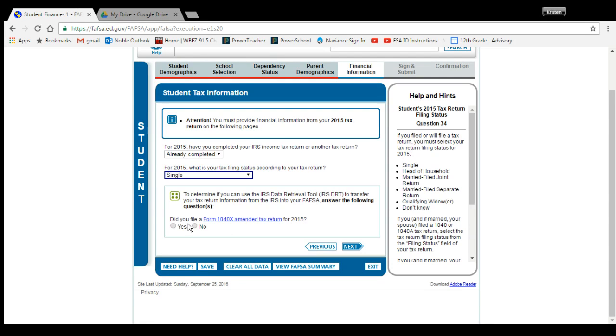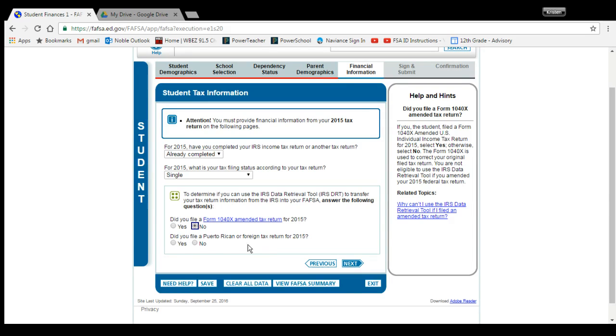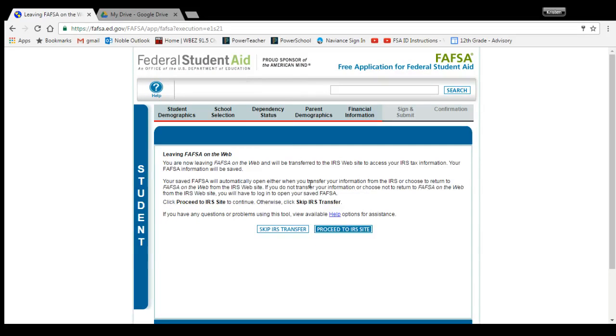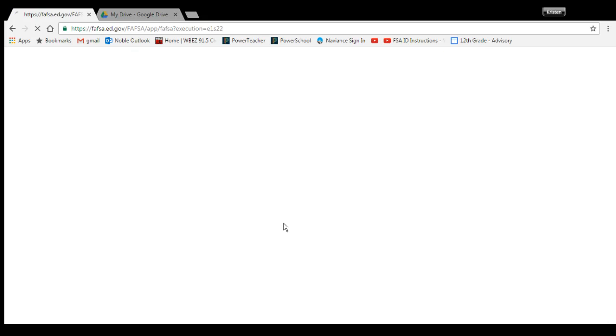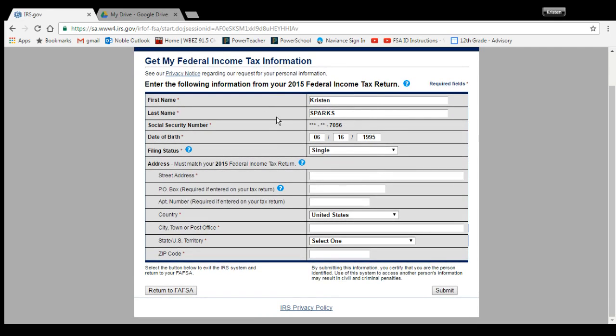So it's going to ask, filed an amended tax return? Say no. If I filed a Puerto Rican or foreign tax return, no. And it'll offer the option to link to the IRS right away. Click OK, and then proceed to IRS website. Click OK again. It'll have your information at the top, or your parent or guardian's information at the top